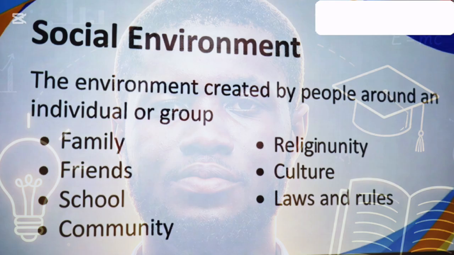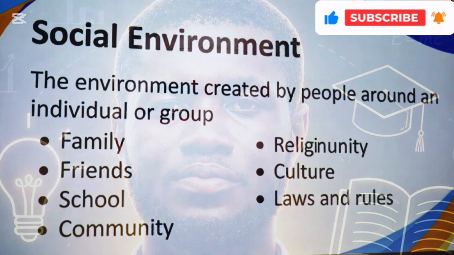Social environment is the human surroundings that affect our life. When you talk about social environment, they are the humans around us, meaning the interrelationship that we have with our family, with our friends, the culture that we exhibit, the religion that we practice. These are the things that we call social environment. Some examples are the religion, the rules and the laws in the community, the family that we come from, the school that we attend.